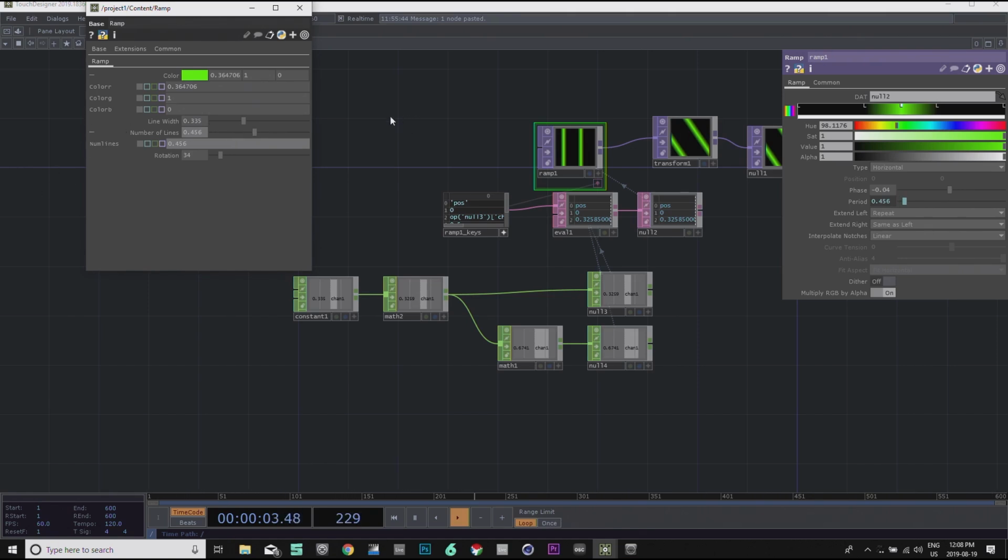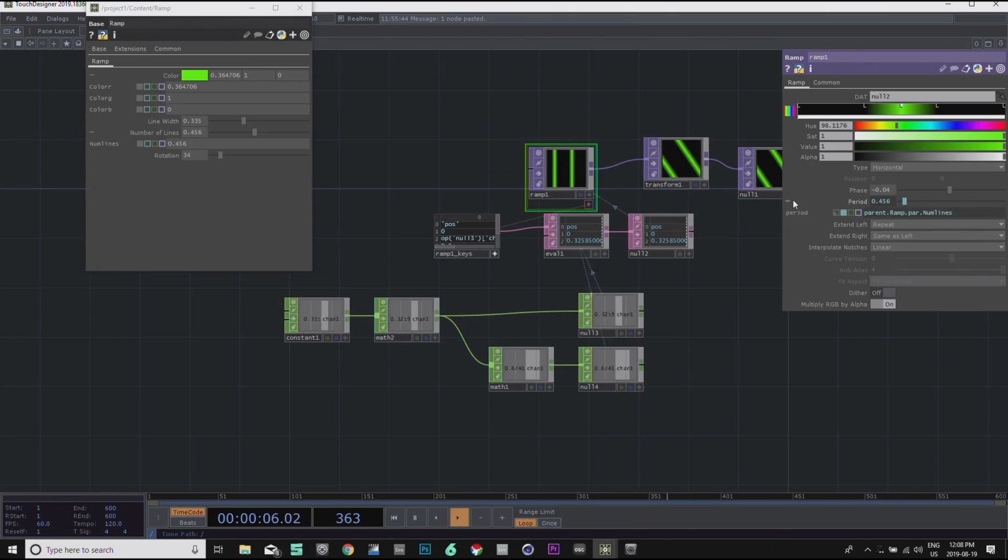Right, so this Python reference here, we can add math to it to scale it how we want to. So if we subtract the parameter from 1, if we say 1 minus parameter.numLines,